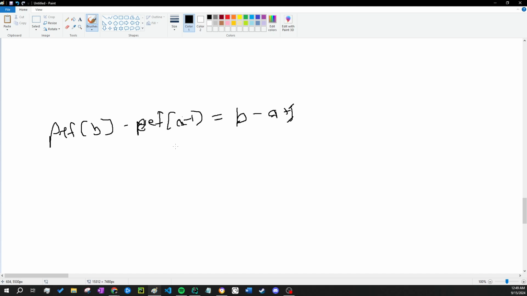Same with prefix a minus 1, which is simply from 0 to a minus 1. So solving prefix b, b is also going to be i for sure.